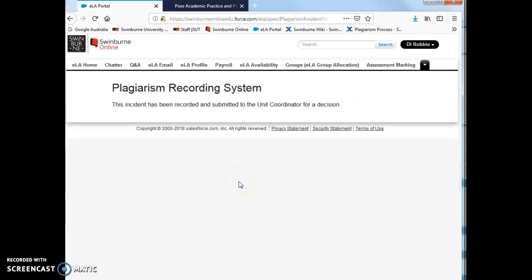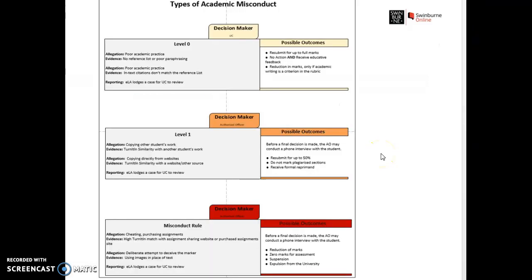So now that has been recorded and an email will now go to the unit coordinator. So just to go through the 3 types of academic misconduct, who the decision maker is, and some of the